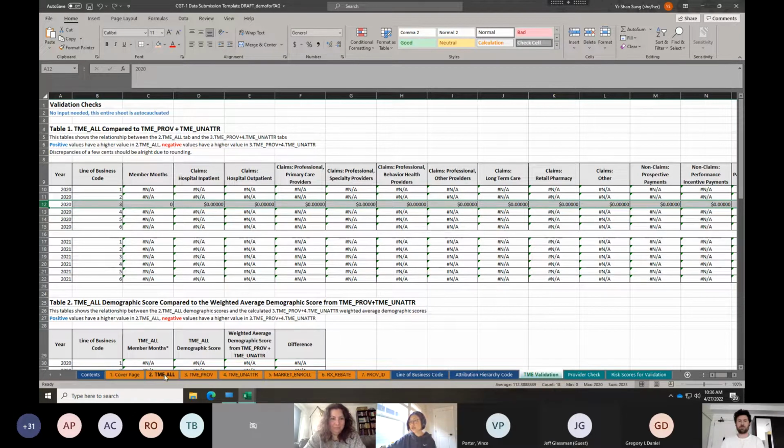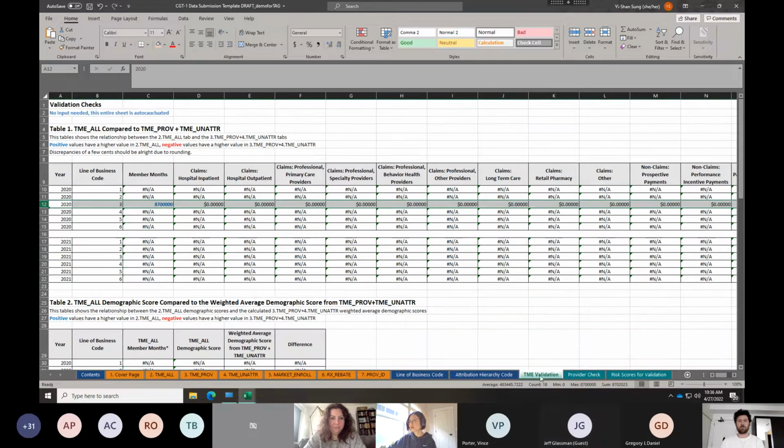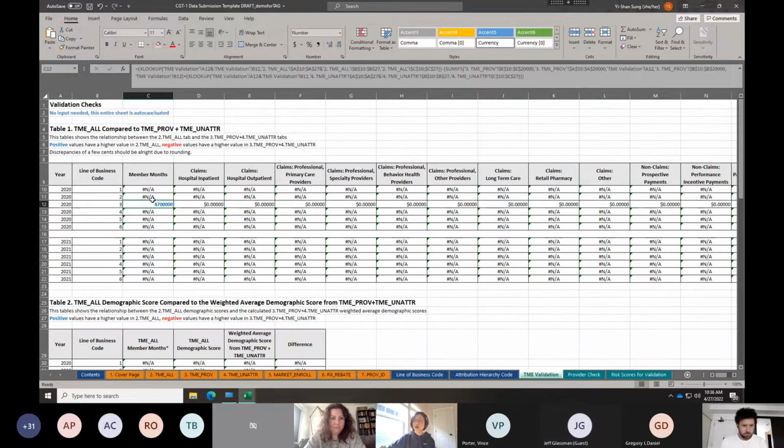But if I change some of the member months numbers to other numbers, you will see the blue number pop up, which means you have a much higher member months number in the TME All compared to what we see in the TME Prof and unattributed tabs.